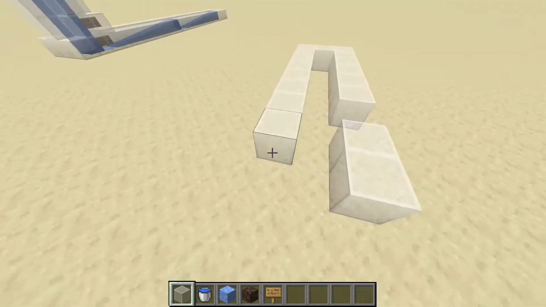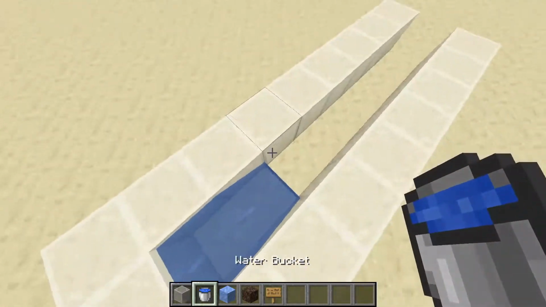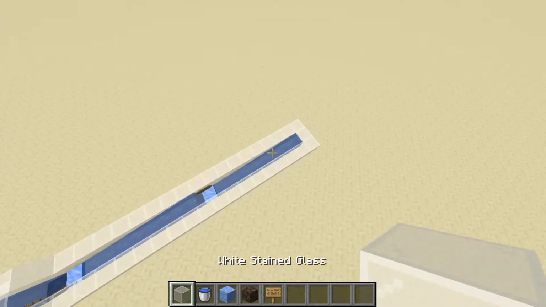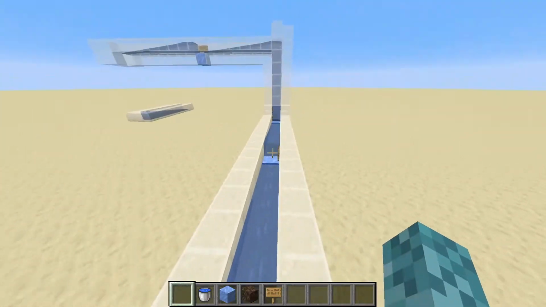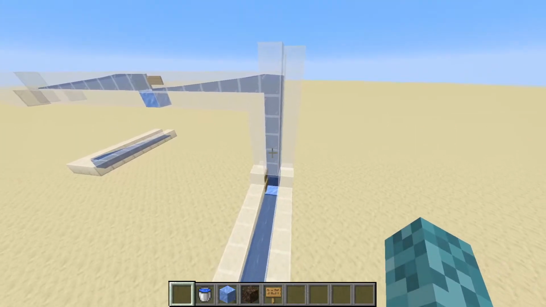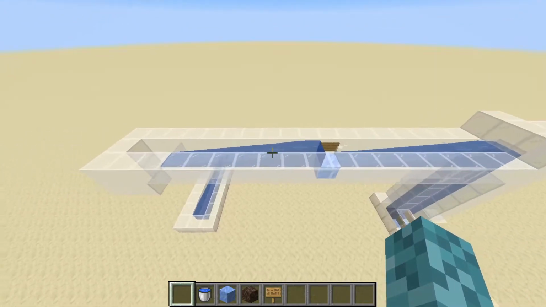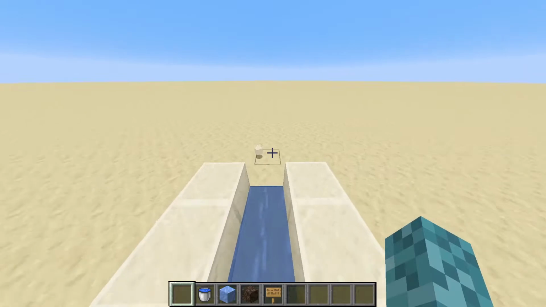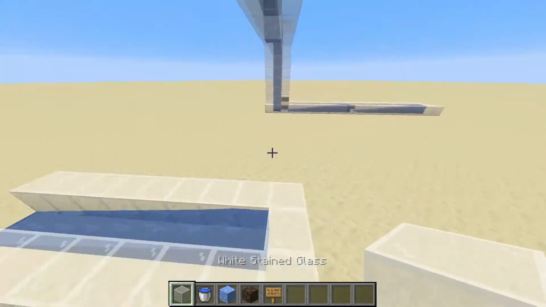So just like we did earlier, once more, place down some blocks around the side, place down our water at the end, and we should see, again, starting from the very beginning of the system, we go across, then eventually we'll go up, we'll go across again, a little more into our extended water stream, and we'll go down to the bottom here.